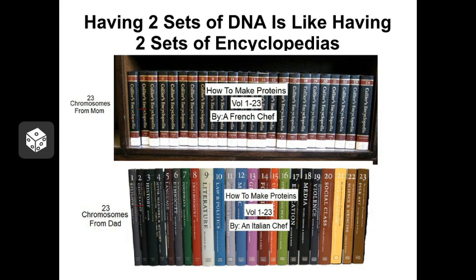But if you have to do a report on something, if your cell has to use the DNA, it can access either set of encyclopedias depending on the patterns of gene expression, depending on how these volumes are turned on or off within the genome. So having sets of homologous chromosomes is like having two complete sets of encyclopedias inside a cell with volumes that match in terms of the topics that they cover, in terms of the genes that they carry.